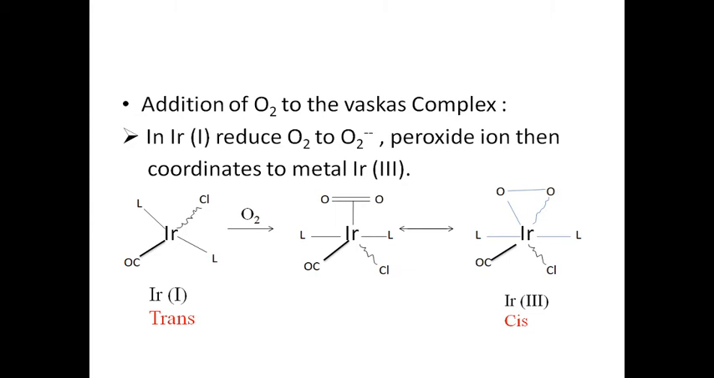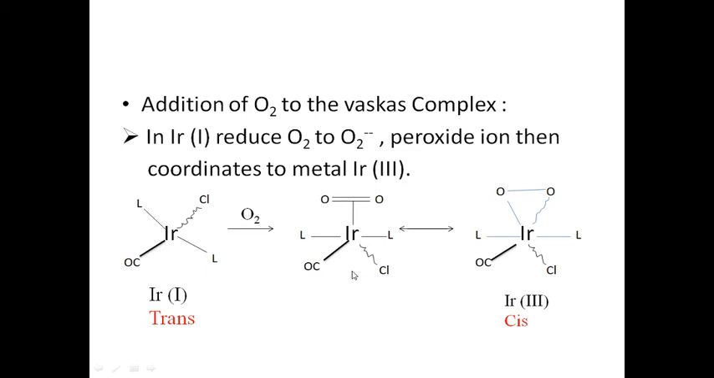Then there are two triphenylphosphine ligands. These are the ligands, two ligands. When O2 reacts with this complex, a sigma complex is formed. This is the first step. Then carbonyl and chlorine, which were earlier trans to each other, are bent and take a cis geometry. Here the geometry is trans, and when we add O2, the geometry is changed from trans